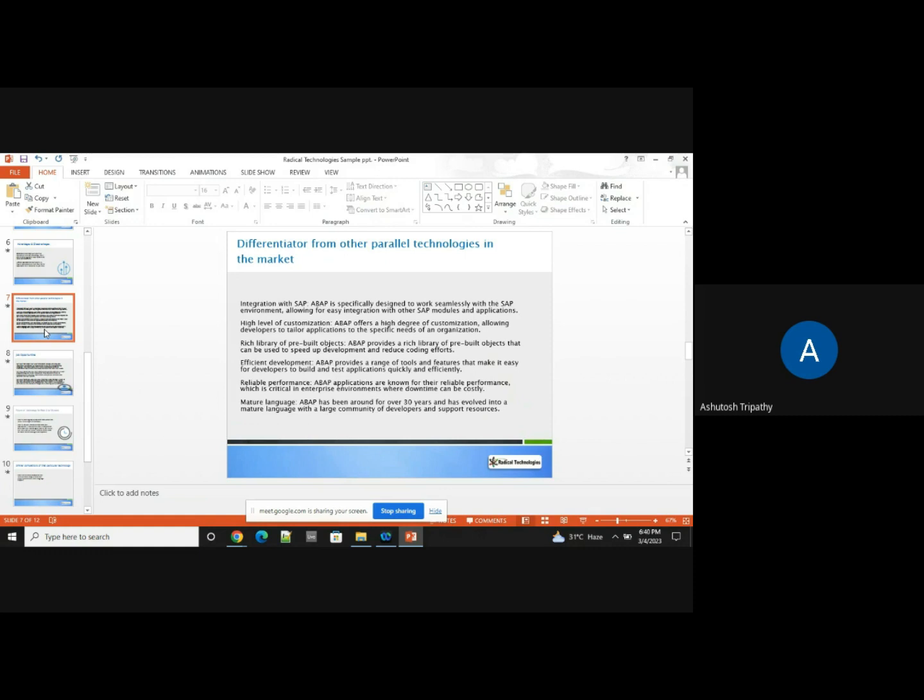And ABAP, as a hybrid language, has multiple pre-built libraries inside it, so one can use them to put in lesser effort with respect to coding. As I said, a function module is one example. If you know how to create a report, you can write a report, but if you want to make it smarter, you use the ALV function module. So there are so many ways one can reduce the effort using the pre-built library objects present in the SAP ABAP libraries. Now, performance-wise, it's very reliable, because at the end of the day, you as an ABAPer will